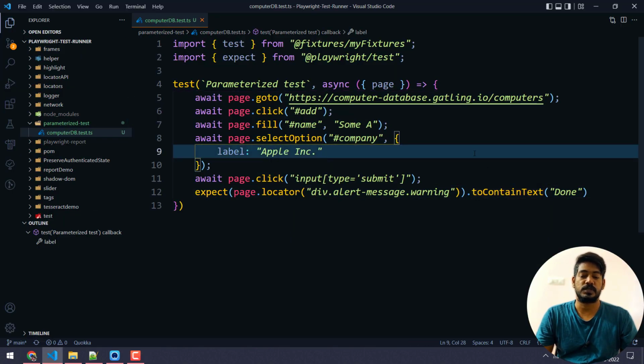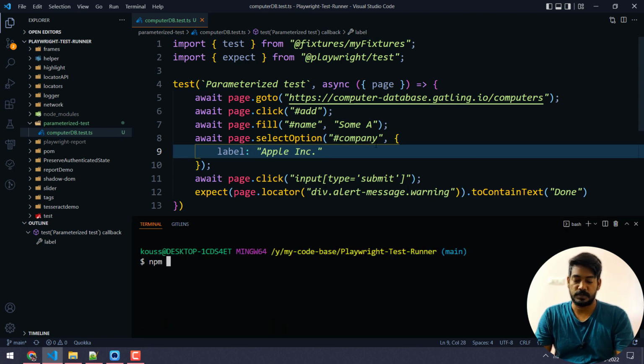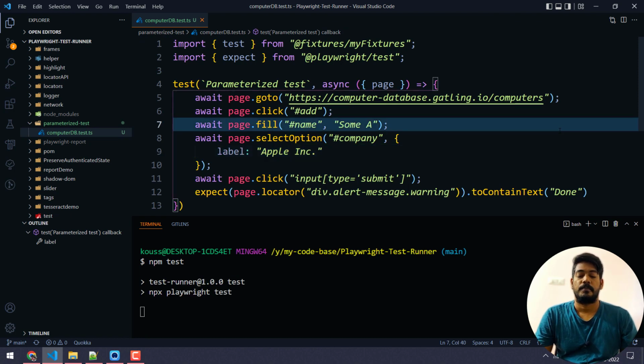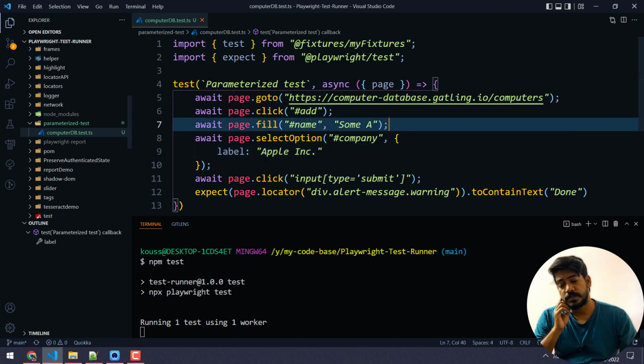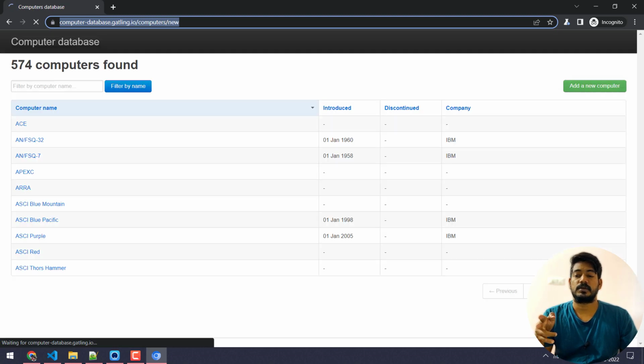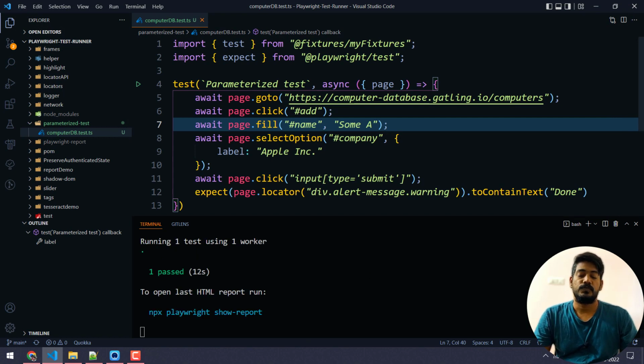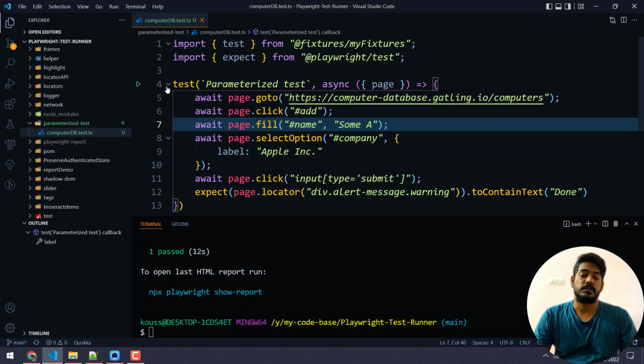Just to make sure it's working, I'm going to execute this only once. So let's say npm test, and it's running one test using one worker because I have only one test, so obviously it will be only one worker. Here you can see it launched the website, it added, and that's it. It's very simple, right? Now what we are going to do is parameterize this test, the